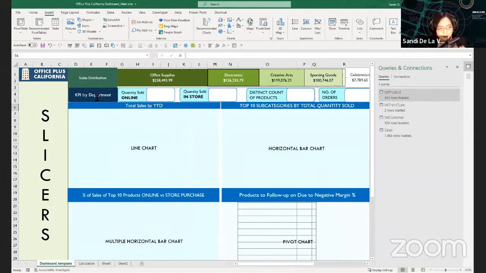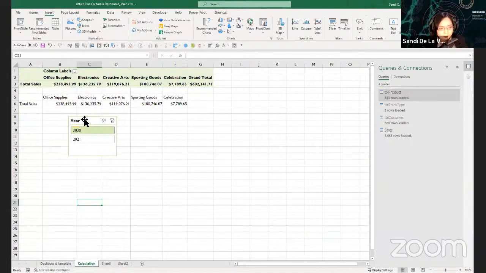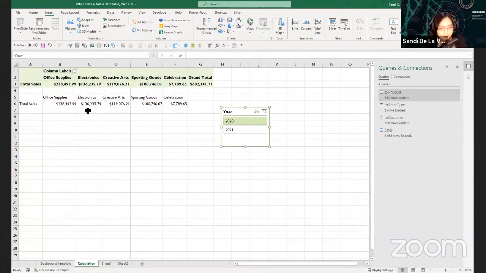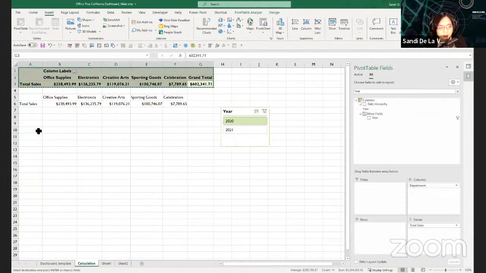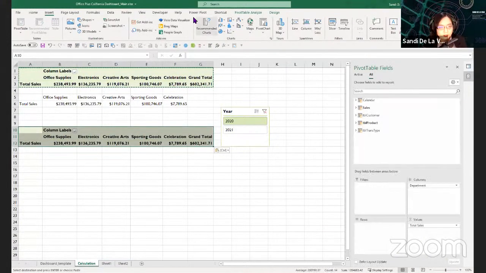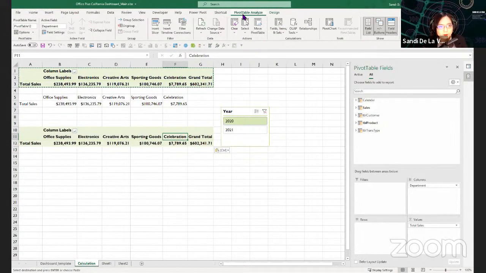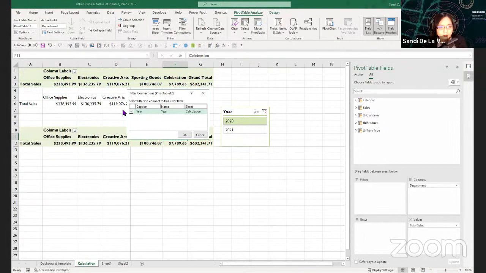Oh, first, let's create the KPI scorecard using this text box we provided in the template. How to do that? Go to the calculation. I advise to copy this pivot table. As to why, the slicer connection is already copied from one pivot table to another if you copied our previous pivot table.